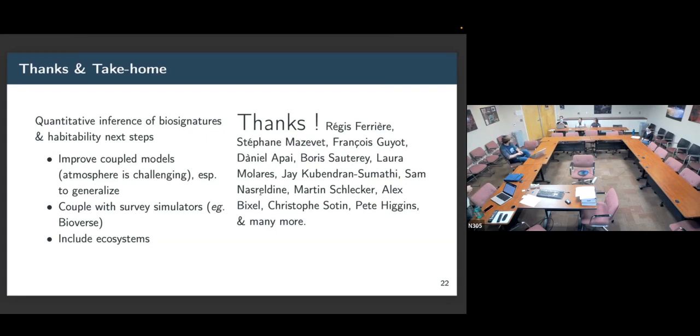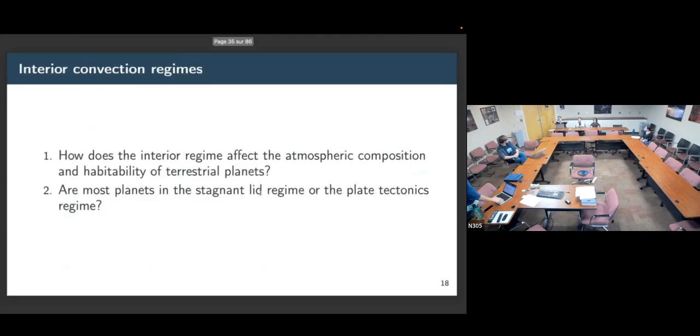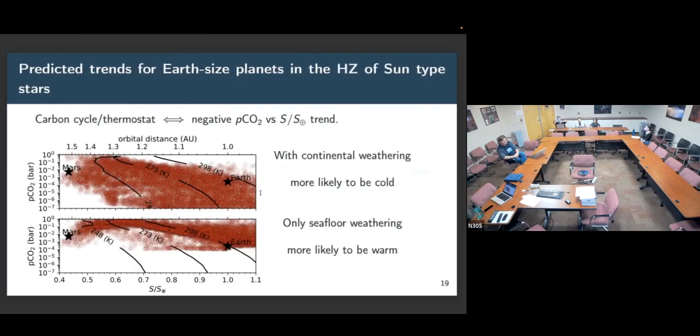Martin. Yeah, I had a question regarding the plot you show, like stagnant lid versus mobile lid, and then you have Earth and Mars in there. Mars is stagnant lid, and Earth, as we know, is mobile lid. So it kind of looks as if Earth, according to this simulation, would still be consistent with stagnant lid as well. Is that to be expected, or is it just a tendency that's inherent to the model?